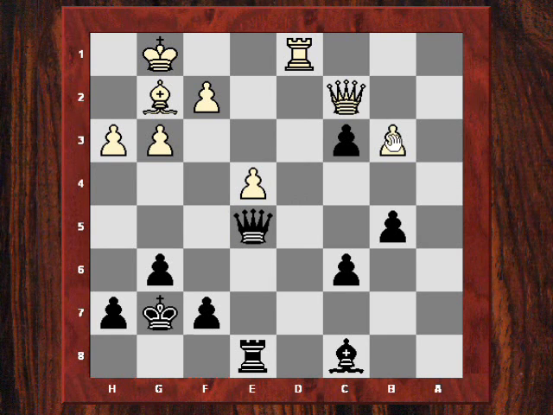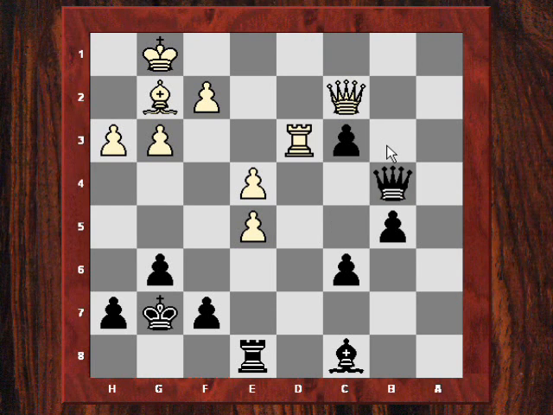Rybka thinks here b4, so that would be at least temporarily blocking the further advance of these pawns. And White now also has rook d3 coming up. So Black has to be careful about these pawns being stopped and munched up. So after rook d1, Kasparov played queen c5, so he's keeping an eye on White not playing b4 here with this move. White played it anyway, b4, and Kasparov took it. And now rook d3 to at least get this c3 pawn.